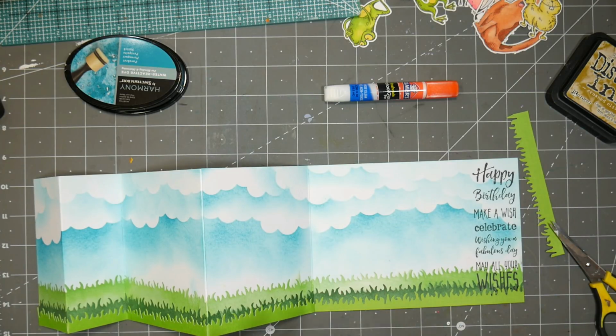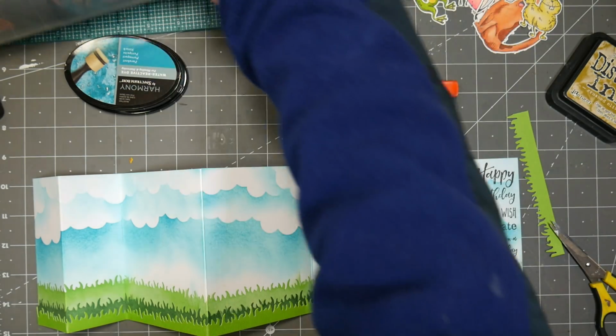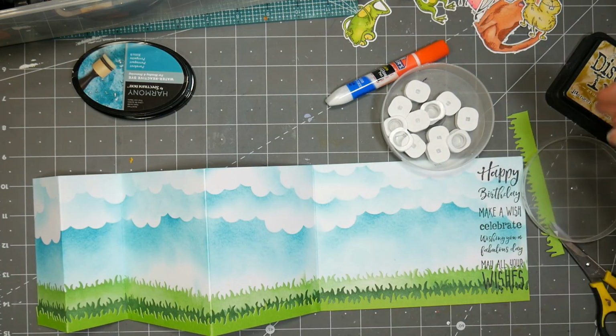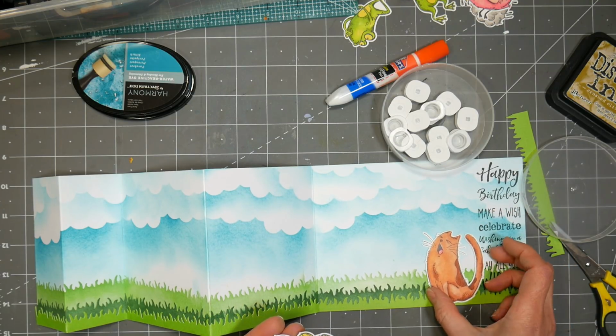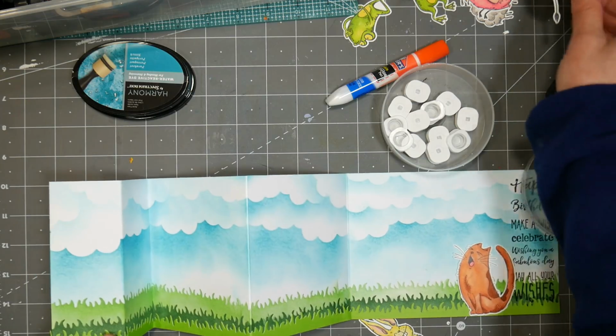Now I've got something really fun to use on this card. These are Action Wobble springs. And I got some of the minis because I think they're a little bit easier to deal with on stamped images. Now I just got to figure out how I want all my critters to go. I got so many. I think they're so fun because they are...